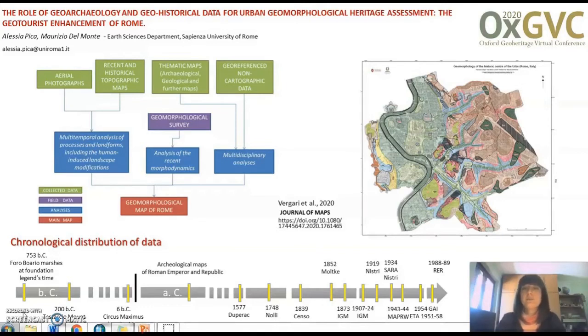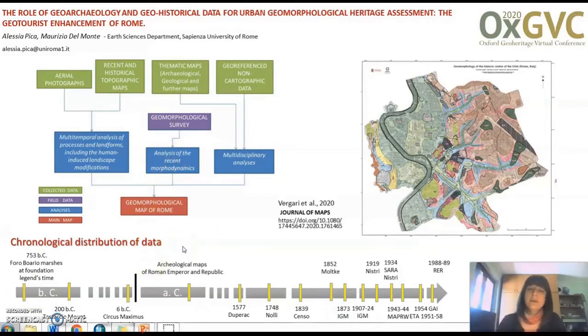Man made so much transformation to the early morphology, and the urbanization layers deeply modified it. 3,000 years of history are well recorded in the actual landscape. In order to map this landscape and the traces of early morphology, we built a specific methodology for urban environment analysis. It is a multi-temporal and multidisciplinary analysis based on the materials shown in the picture.